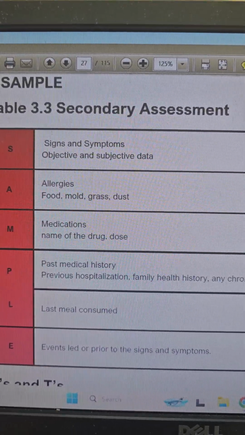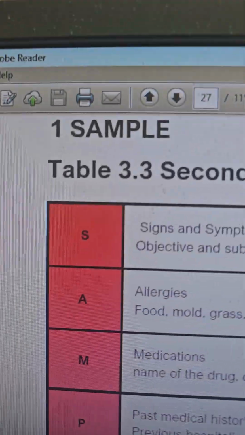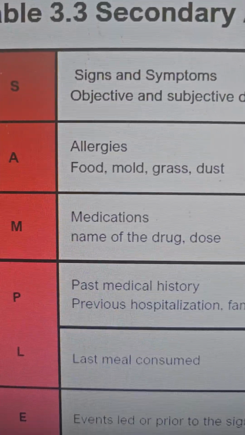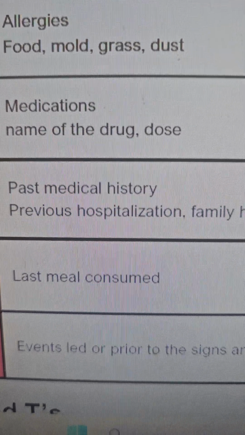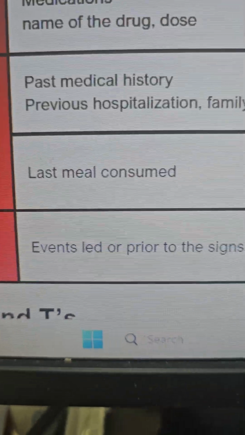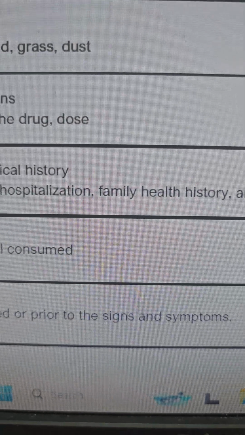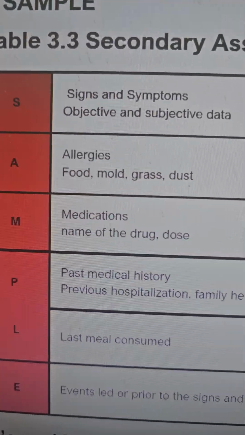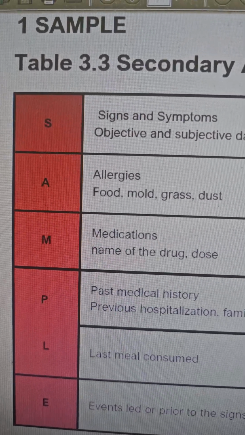Secondary assessment, you are gathering data and you are reassessing the patient. We are using the mnemonic SAMPLE. S for sign and symptom, A for allergy, M for medications, and P for past medical history. You are asking the patient, and L for last meal consumed or last intake and output. Okay, and E for events leading to the sign and symptom. So you have to reassess the patient to gather information and to make a differential diagnosis, so you can decide and identify what is the diagnosis for the